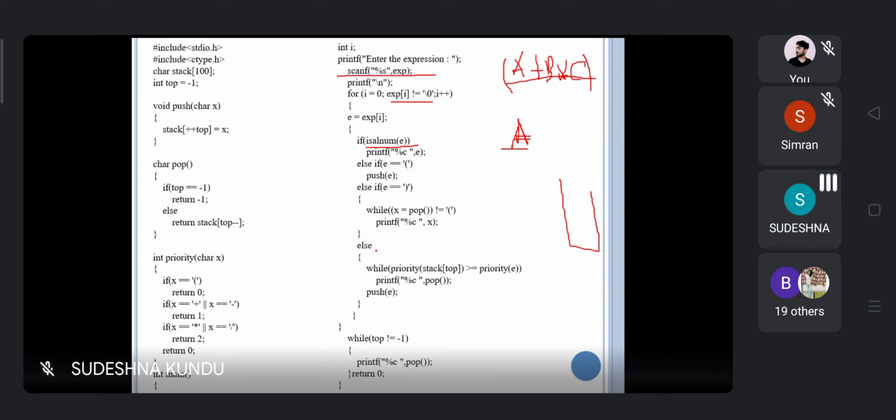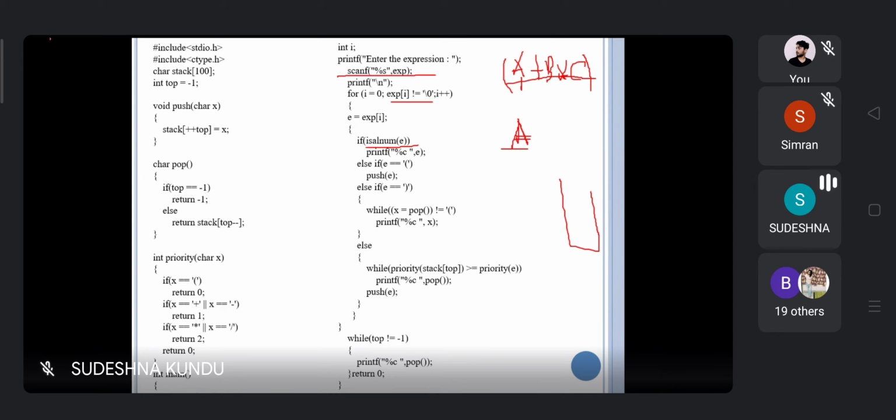Otherwise, what will happen? Else, we check the priority of the stack. Here we are considering three situations: one is operands like A, B, C, D, another is the opening and closing parentheses, and now we are considering the operators.